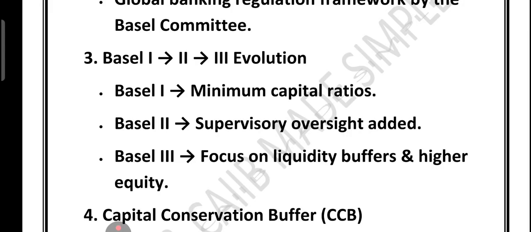Right here, the evolution has been shown. So Basel 1 focused on the minimum capital ratio. Right, the main focus of Basel 1 was the minimum capital ratio. What did Basel 2 focus on? Supervisory review and risk assessment. While Basel 3 went further, strengthening the liquidity buffer, the capital quality, and risk management standards. These are the 3 Basel 1, 2 and 3. Now friends,